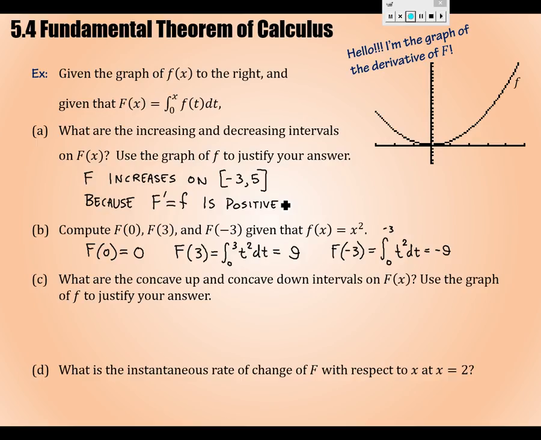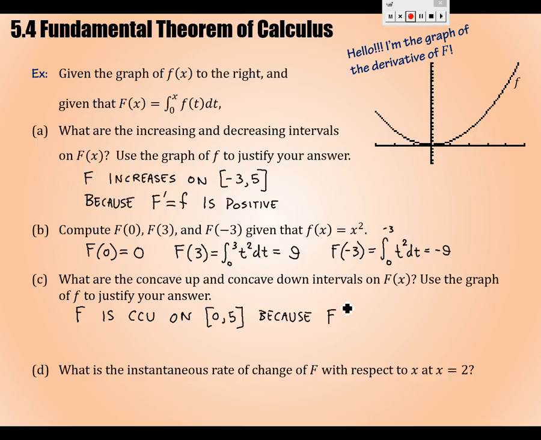When is big F concave up or concave down? We're looking right now at f prime. Remember, just use all your first and second derivative test knowledge now. What does it mean for big F to be concave up? It means that f prime is doing what? So where is that? 0 to 5, right? So big F is concave up on 0 to 5 because